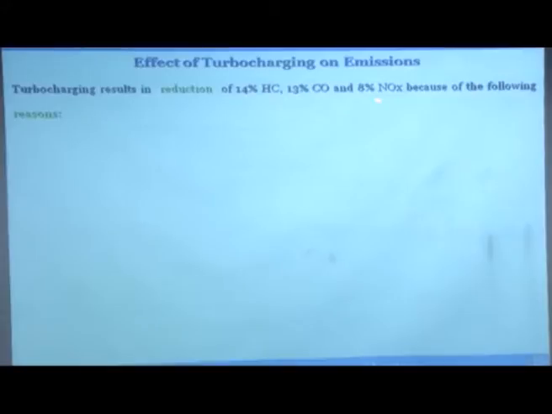Okay. So, you have greater fuel efficiency in case of turbocharged engines. You have lower CO emissions because you are operating at higher temperatures and higher pressures. So, turbocharging not only improves the fuel efficiency, it also reduces the HC emissions, because now the engine is operating at higher temperatures and pressure. So, it can lead to 14% lower HC, 13% CO, 8% NOx. I mean, numbers are not important, but what is important is that CO, HC and NOx emissions, all of the emissions are low. The fuel efficiency is better if you are using turbocharging.